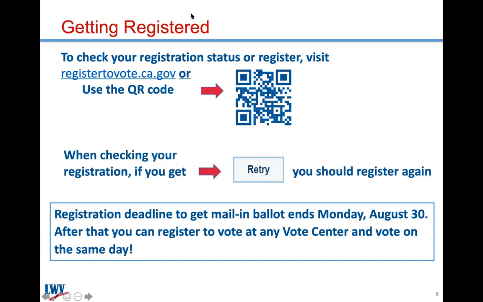After that date, California voters can exercise their right to conditional voter registration. This allows an eligible voter to register in person at any vote center, including the registrar's office, and vote a conditional ballot at that location on the same day. Conditional voter registration allows voters to register within the 14 days preceding an election and on Election Day. Once the voter's eligibility is verified and validated, the registration becomes permanent and the conditional ballot is counted. Conditional ballots cannot be sent to the voter by mail.